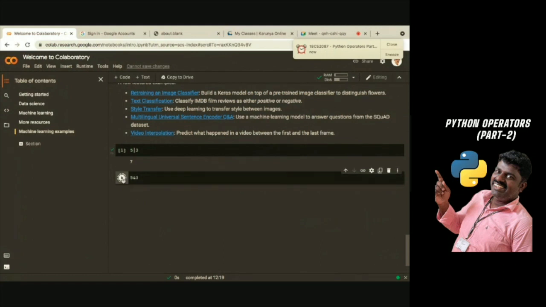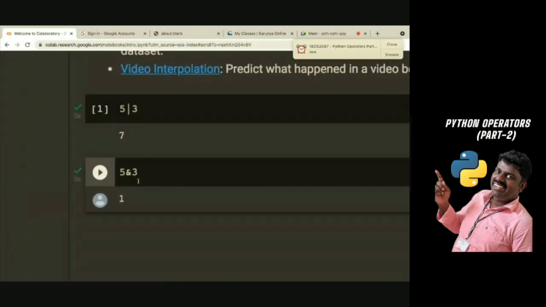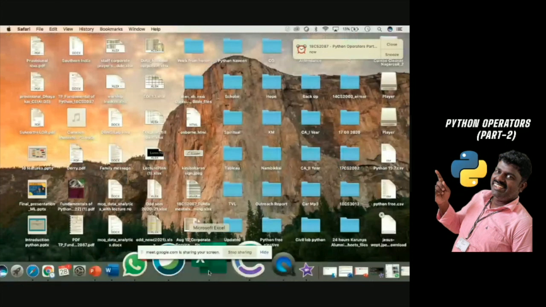See how easily we are making the code, right? Simply we are using the operator and we are getting the answer. So 5 and 3, immediately we are getting the answer as 1. Got my point? This is how we can do AND operation. So similarly, if we go for XOR,